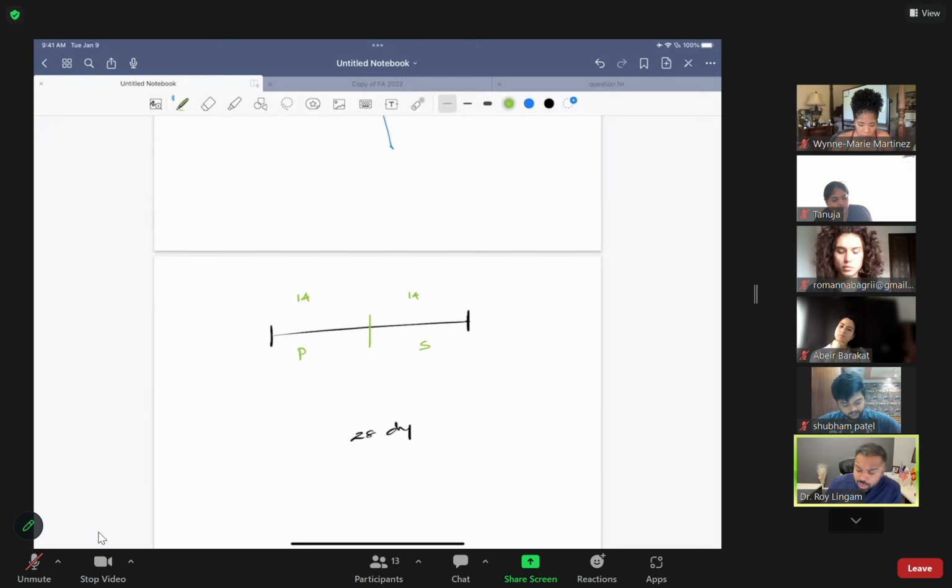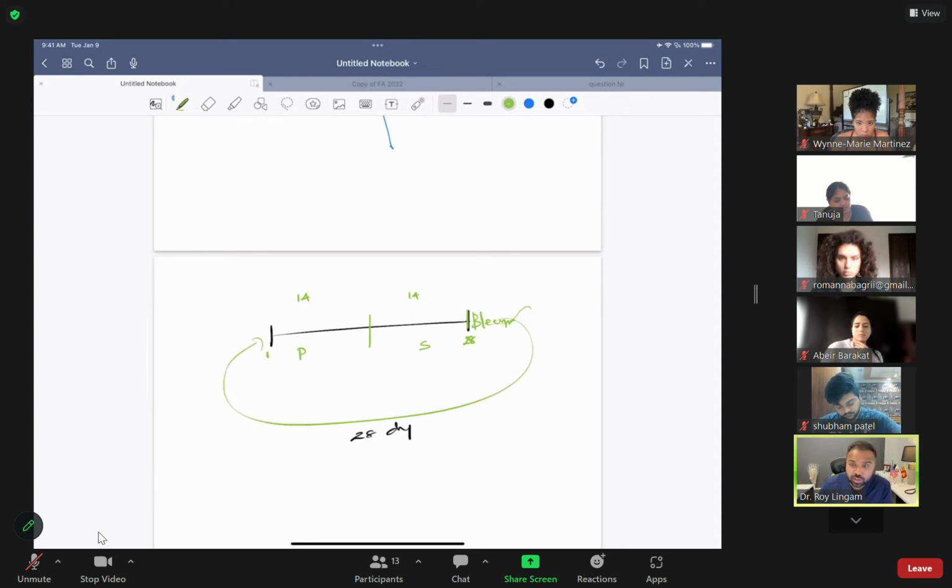Okay. Now, this is the first day. This is the 28th day, right? And this is where the bleeding actually starts. And it's a cycle, right? It eventually comes here, 3 days of bleeding, and then you start the new cycle again. Is everybody clear, folks? The menstrual cycle is like a cycle. Okay, so that's the idea. Now, technically the 28th day is the first day of bleeding. Is everybody clear, folks? All right.